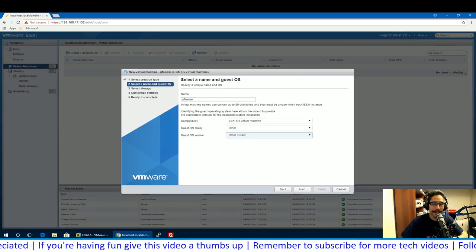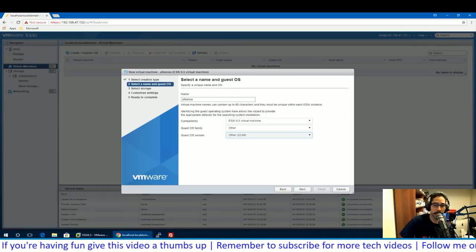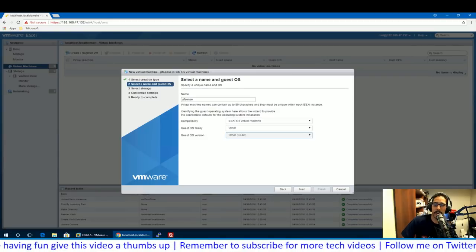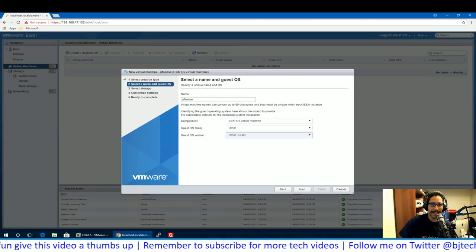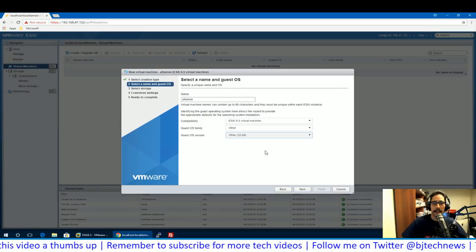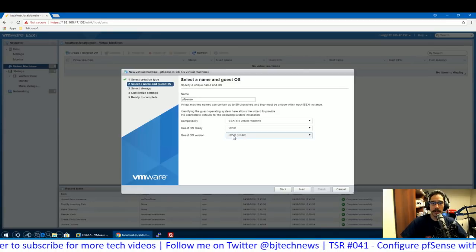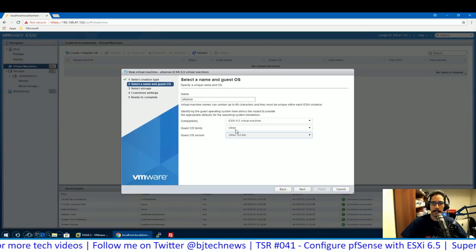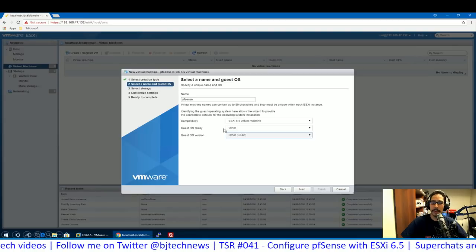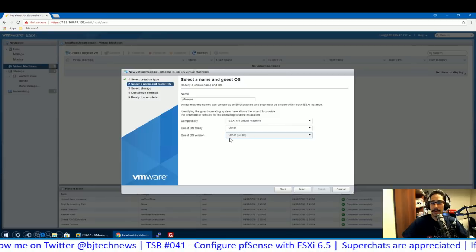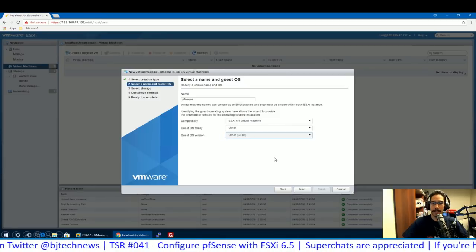Now the guest OS family and the guest OS version, I gave it other. I think I should have picked FreeBSD, because the hypervisor gives me a warning stating that the OS family was acting weird. It still works if you do other, but just make sure you pick the correct OS family. VMware does have FreeBSD, so just make sure you pick that. But the OS version is definitely 32-bit. So click next